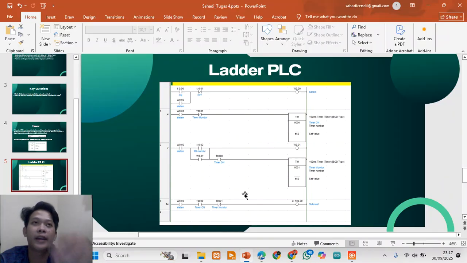This ensures that the cylinder only retracts after the forward motion is complete. After timer T001, the reverse coil energizes, commanding the cylinder to retract.